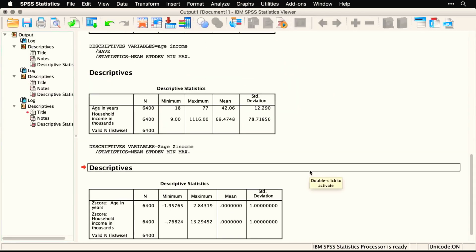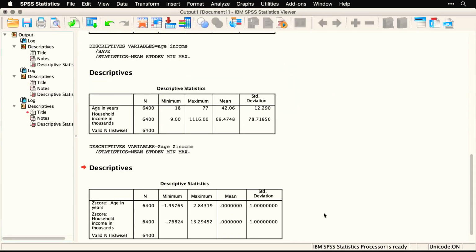And as you would expect, a z-score has a mean of 0 and a standard deviation of 1. And we didn't have to do it manually. We didn't have to remember any values. We didn't have to round things off. It did it exactly for us. And so that is what the Descriptives command does. It makes a very concise tabular output, and it also allows you to save standardized or z-scores for use in